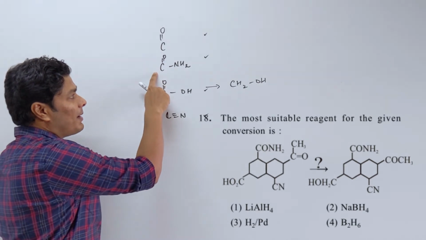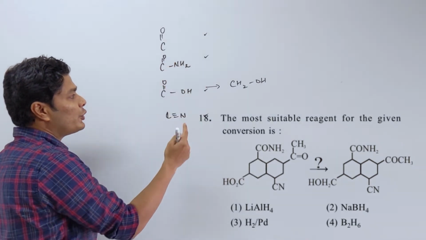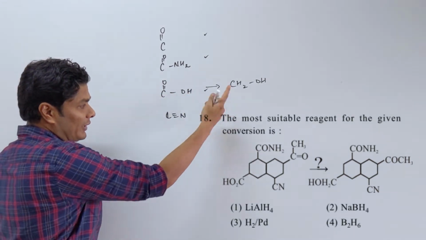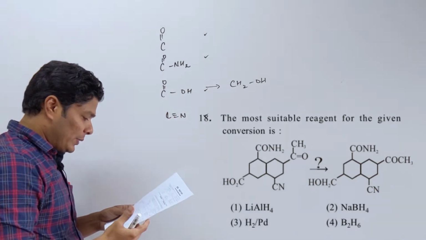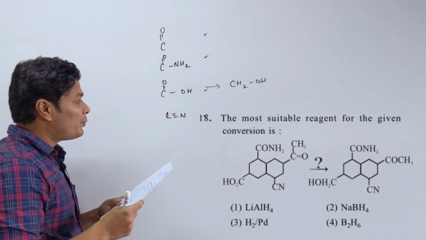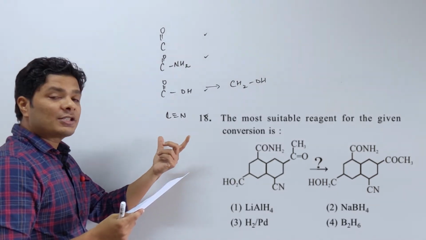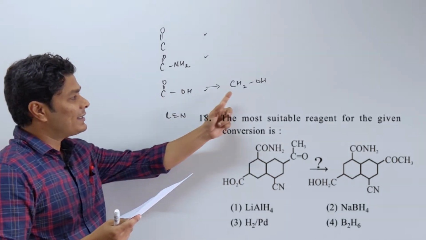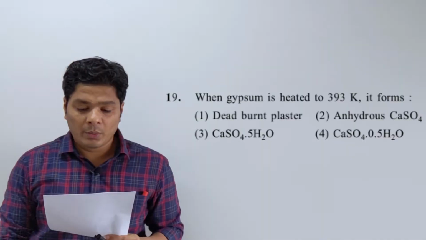It cannot reduce your amide because the electrons of the nitrogen give it, so it is not a strong nucleophile. Same, sodium borohydride cannot reduce your acid, so it cannot be used. Sodium borohydride cannot do this one as well. So H2/Pd definitely will affect this one, and we don't want to do that. B2H6, diborane, is an electrophilic reagent. It will convert only your acid into alcohol, but it won't touch the other three. So the option is beta.